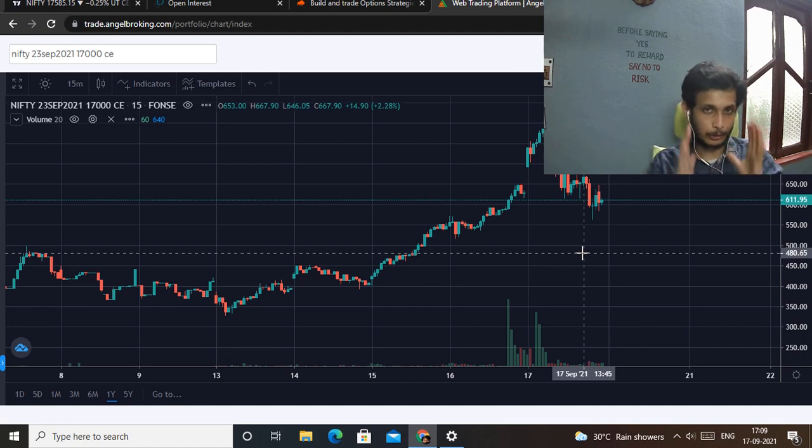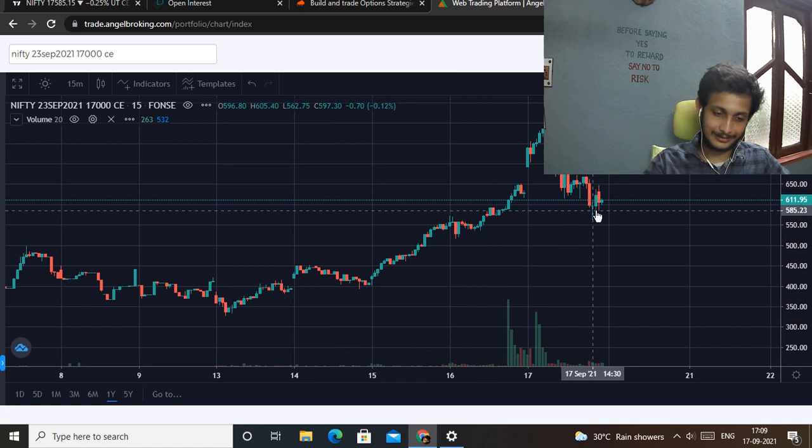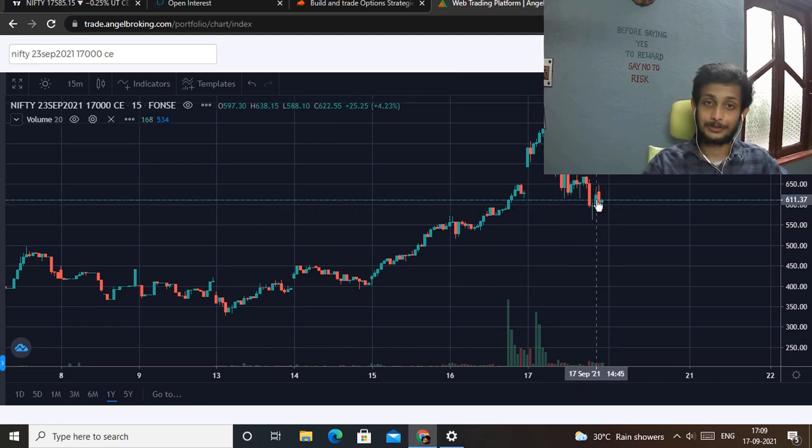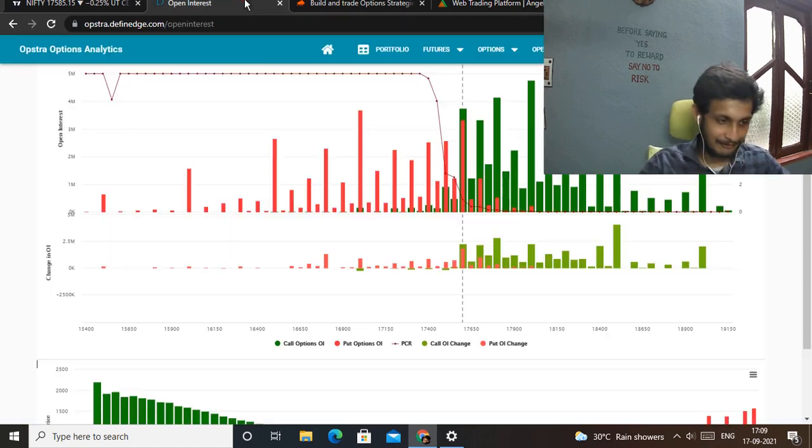It's a psychological level as well, around the figure 17,000. Each and everyone is telling that Nifty will correct itself, Nifty 17,000 tak girega and all that. So it's a psychological level, and this also tells you that the call sellers have exited their positions with losses, which means they assume that the 17,000 call option is going to become more expensive. They are going to incur more losses in case they keep their positions open, so they have unwound right here.